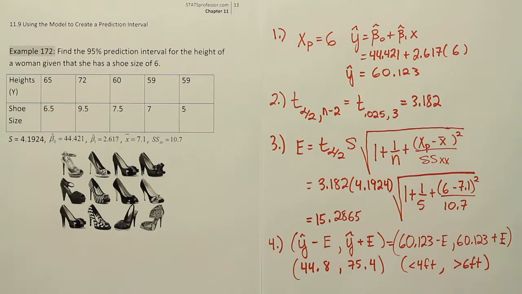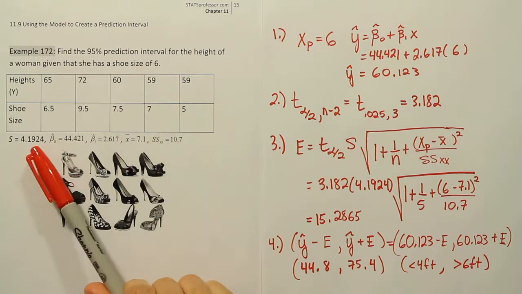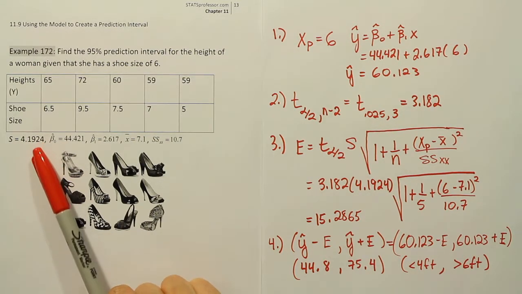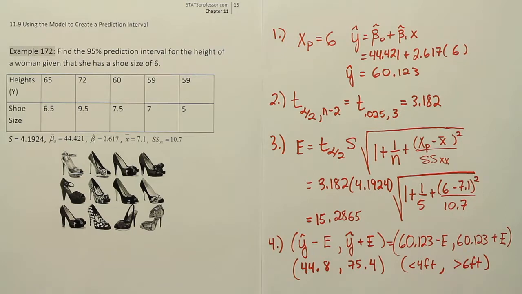So what I've illustrated here is that you can form a prediction interval, but if you have a small sample size like we have, and you have a pretty large natural occurring error, the S value here is pretty large. If you combine those factors together and the fact that you're doing a prediction interval, your interval will generally be pretty wide. And when an interval is that wide, it's virtually useless. So we would obviously need to, in this case, get a larger sample size at least, maybe get an XP value that's closer to X bar. That will also help. And then finally,